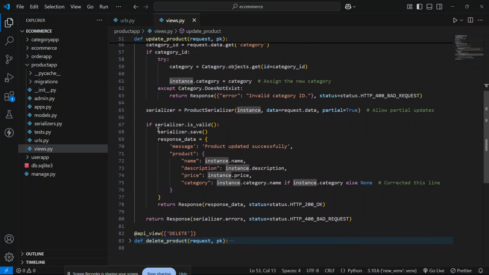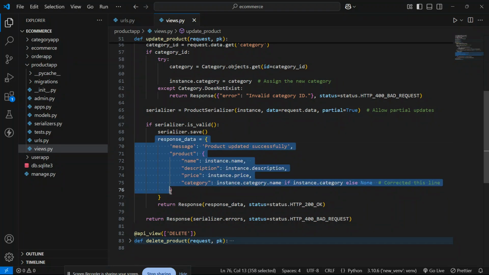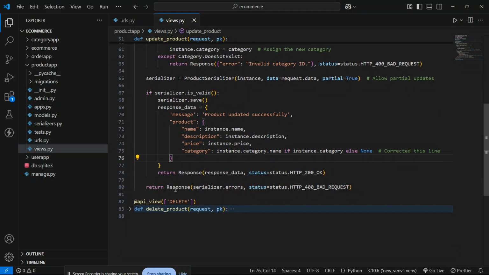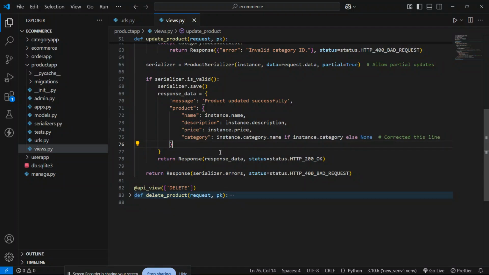And again, serializer is valid, it will check if it is valid or not. And if it is valid, then serializer dot save, it will save all the data. And again we have to pass a dictionary, and inside that dictionary we have one message key value pair, and that message is product updated successfully, and I am passing all the product details, and I am passing this dictionary within this response.